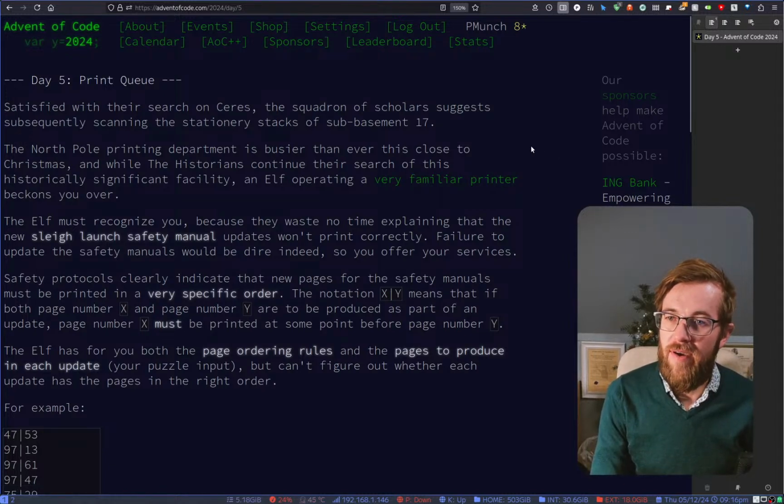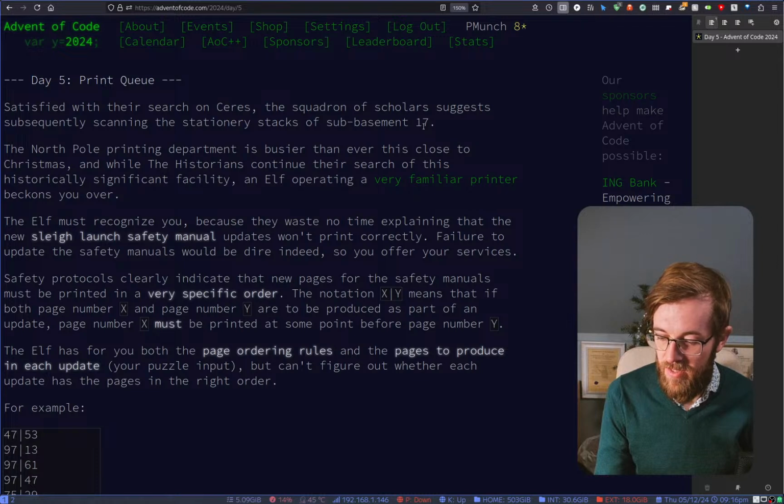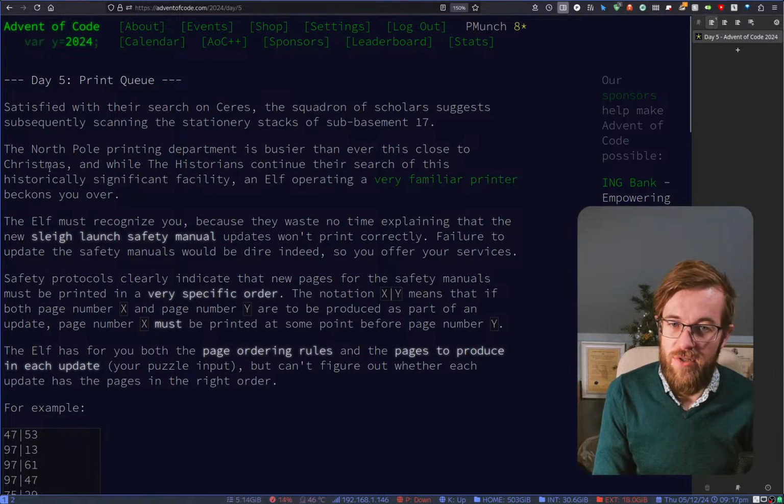Right. Day 5. Print queue. Satisfied with their search on series, the squadron of scholars suggests subsequently scanning the stationary stacks of sub-basement 17. Interesting choice. Kind of a change in tone here. The North Pole printing department is busier than ever, thus close to Christmas. And while the historians continue their search of this historically significant facility, an elf operating a very familiar printer from 2017, day 1, AoC,